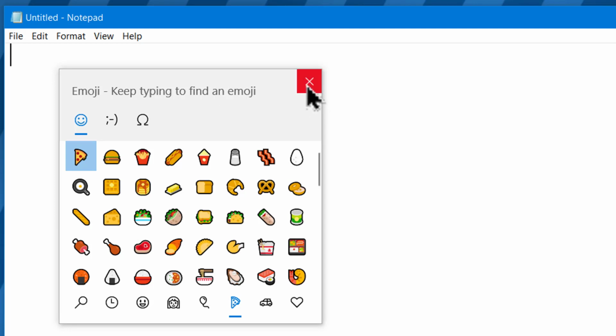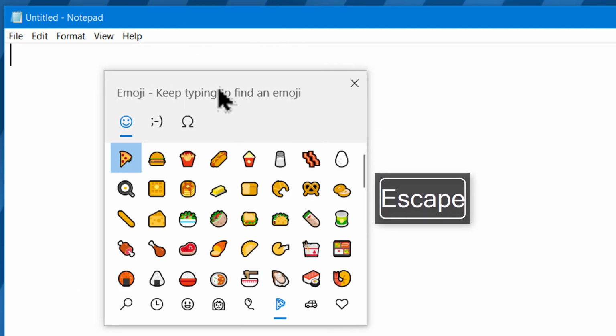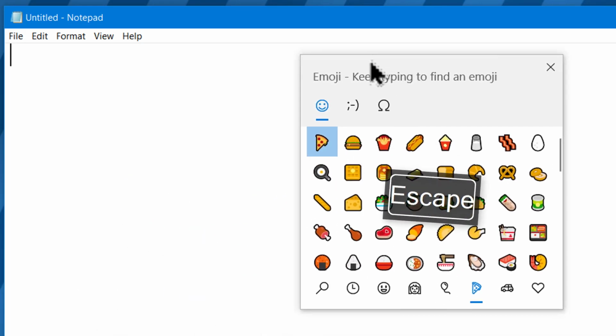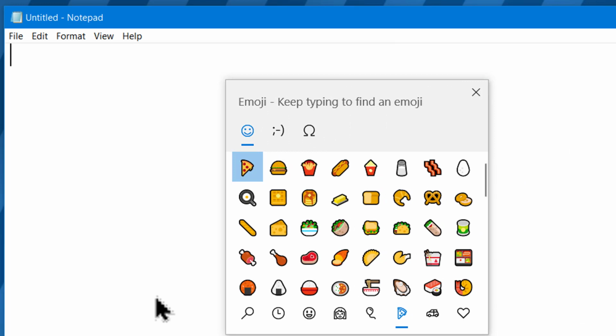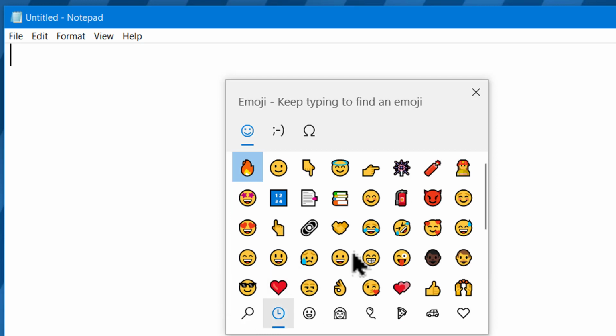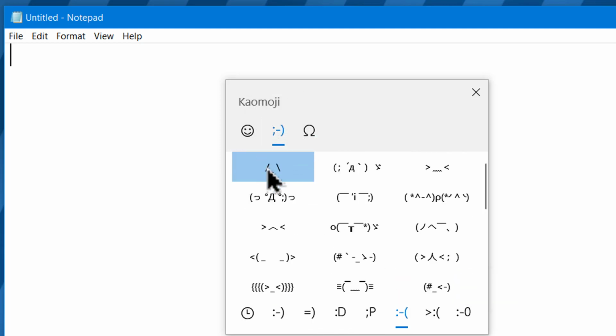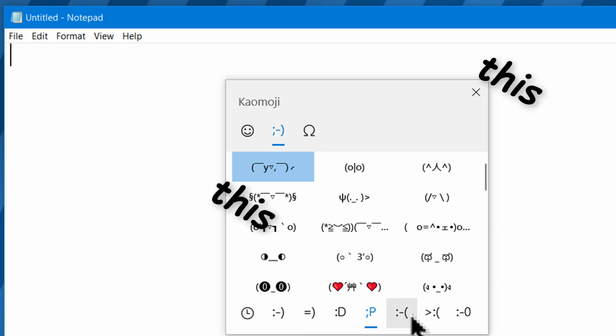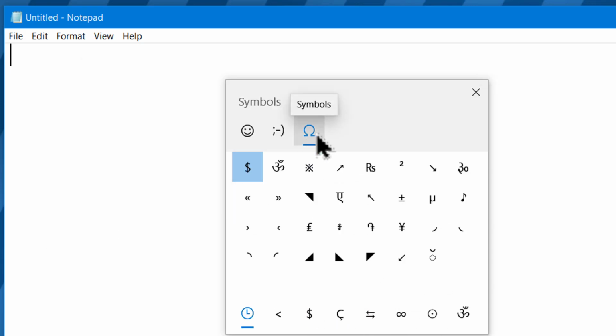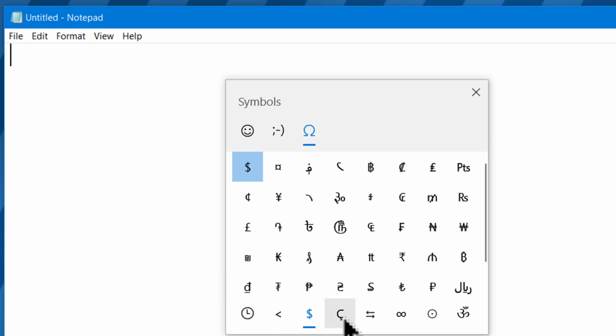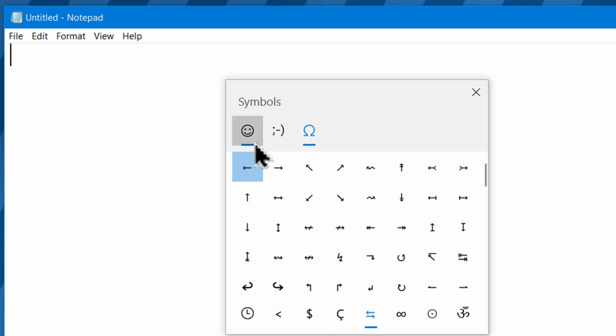Okay, we have opened it, but how to close it? You can simply press this cross button, or if you want to exit this, click on the escape button. One more thing, you can move it anywhere you want. Let's explore it. So you can see, you can search also. These are the recent ones which I have used, and these are classified into these sections. For example, this is for smiley faces and animals, this is for foods and plants, etc. You can also use this kaomoji here, and symbols also, here are recent ones and etc. which you want to use. We will focus on the emojis.